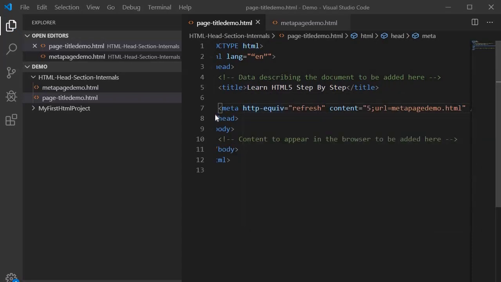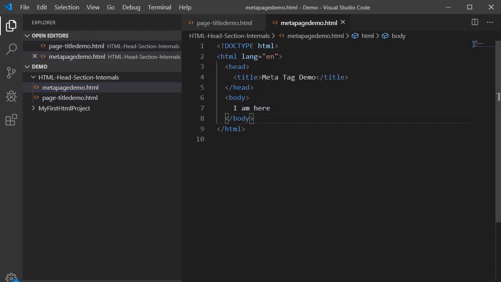Now I have written it, so you can see how it looks. Meta tag, http-equiv refresh is an attribute, and here we need to specify the content. This is for seconds: after how many seconds it will visit this page. This page we have created over here, the meta tag demo, and